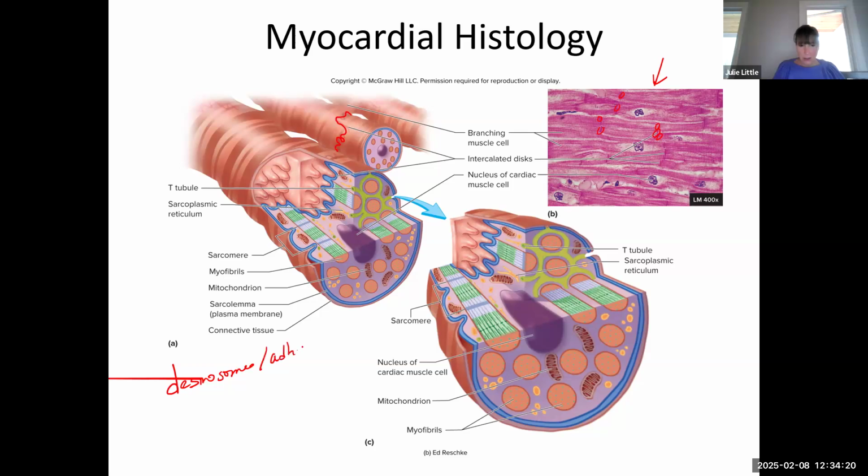You can call them adhering junctions. And what a desmosome does is a special cell-to-cell contact. If the two cells are going to pull apart, they don't pull apart because they're full of desmosomes. So I don't really see that the artist has hit that in this picture. I don't see any desmosomes, but they're proteins, and so they stain darker, and that stain is picked up as the intercalated disc. Not only do we have desmosomes that prevent the cells from being ripped apart